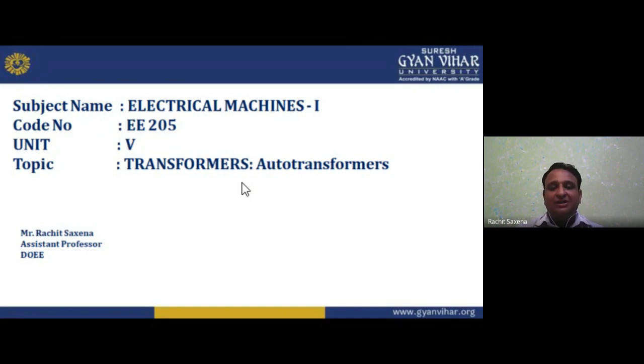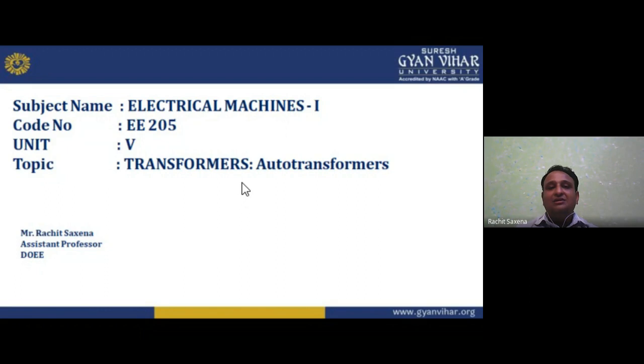In Sumpner's back-to-back test we use two transformers, connected with the secondaries in series opposition. We have one wattmeter connected on the primary side and a second wattmeter connected on the secondary side. The first wattmeter gives the core iron magnetic loss value, and the second wattmeter gives the copper loss value. I hope you understand this whole thing.